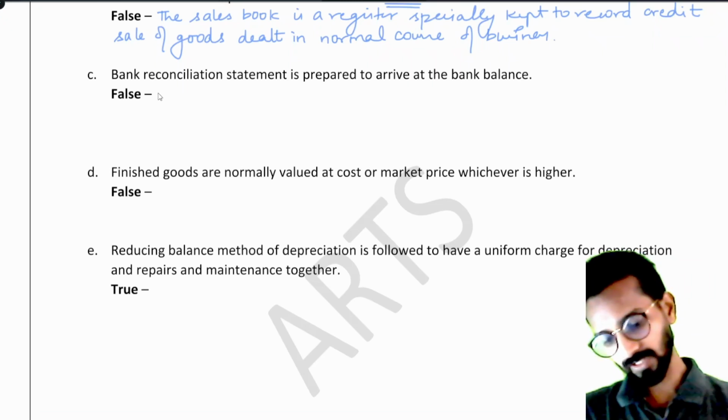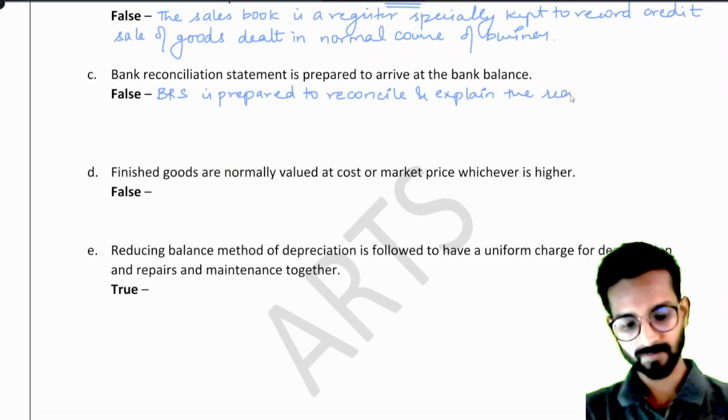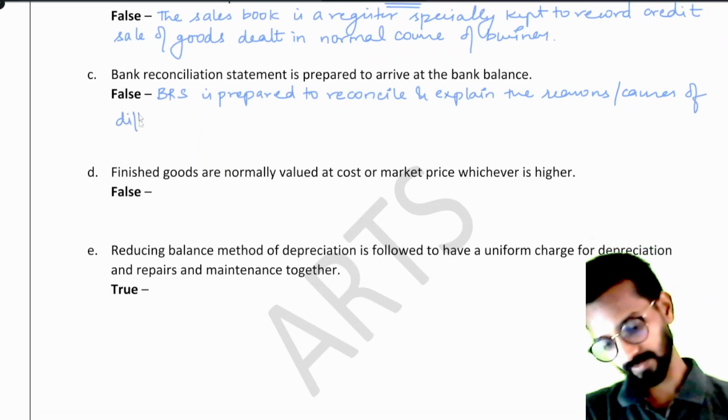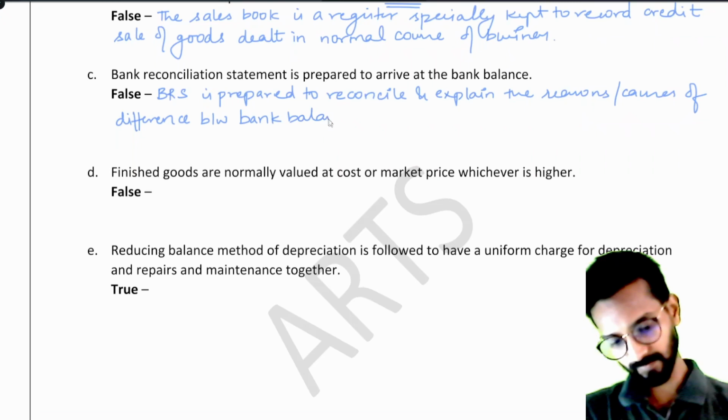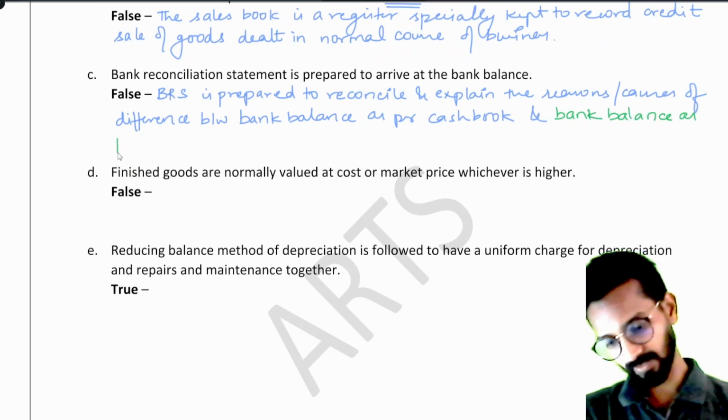It is absolutely false because BRS is prepared to reconcile and explain the reasons, or you can say explain the causes of difference between bank balance as per cash book and bank balance as per passbook, that is bank statement,